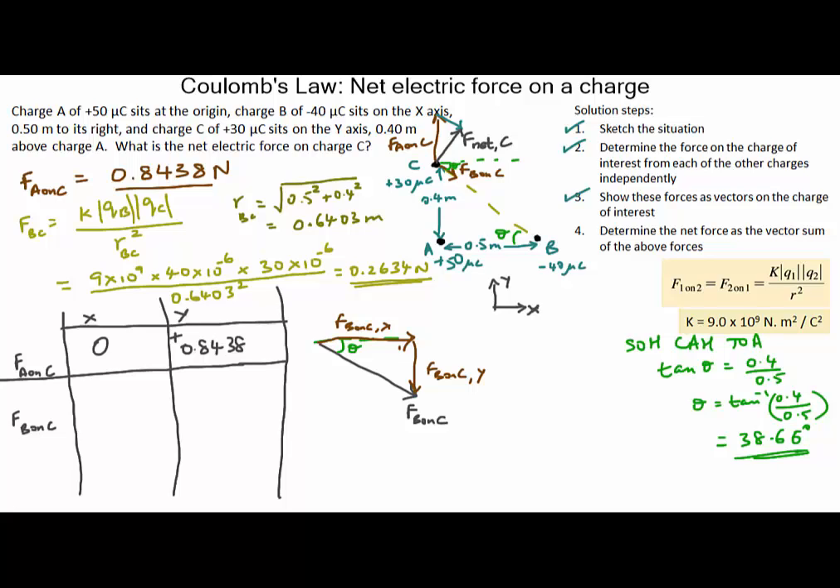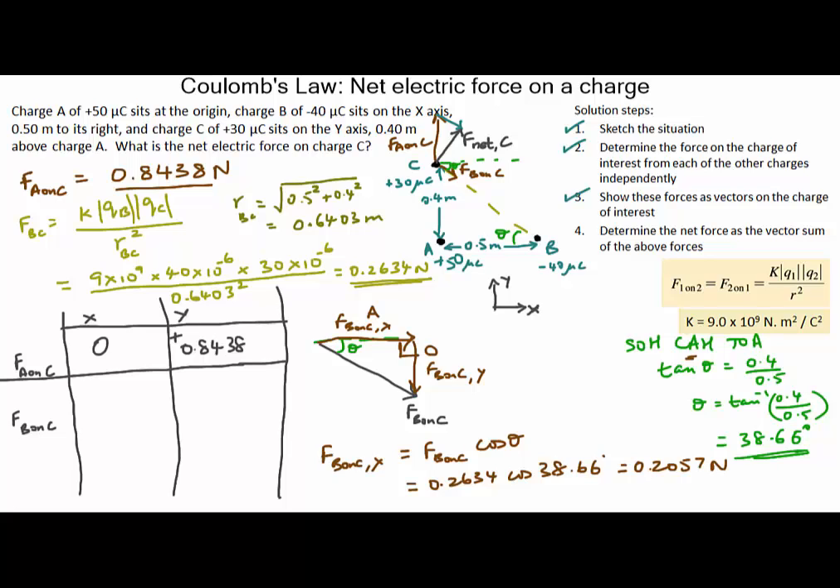So given this right angle triangle, I know the hypotenuse, I want the adjacent to the angle, so this is A, and I want the opposite to the angle, which is O. And going back to our SOHCAHTOA, we can see that F_B on C x component of it is the adjacent, so I need the cosine function, so that would be F_B on C, the full vector hypotenuse times cosine of theta, which in this case is 0.2634 times cosine of 38.66 degrees, and that gives us